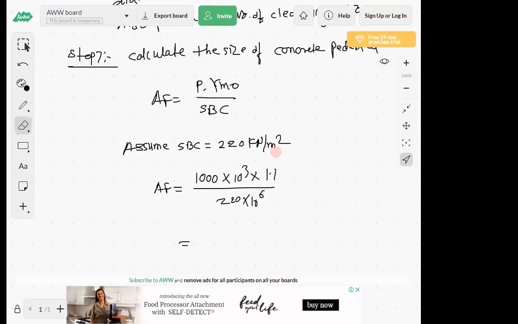Do the calculations. This is the value in kilonewton per meter square. So we have to convert into Newton per mm square, and we have to do the calculations. I think